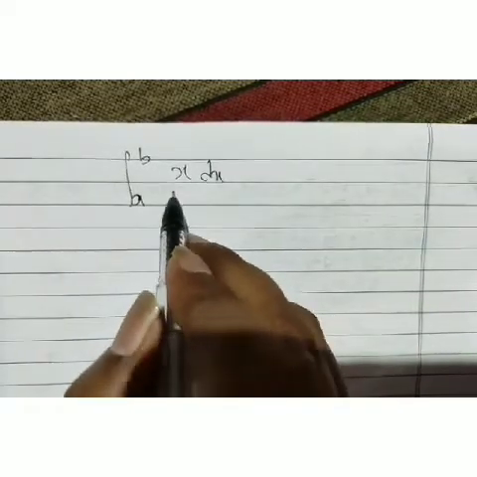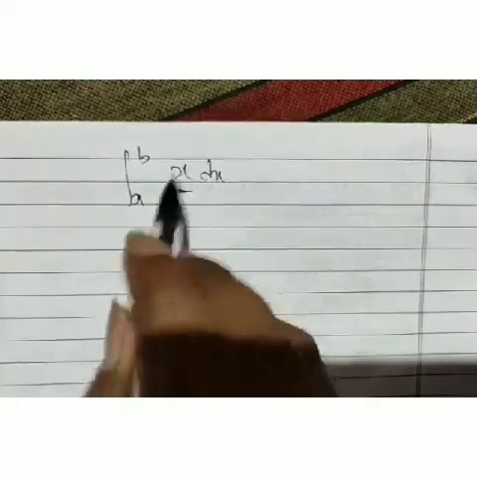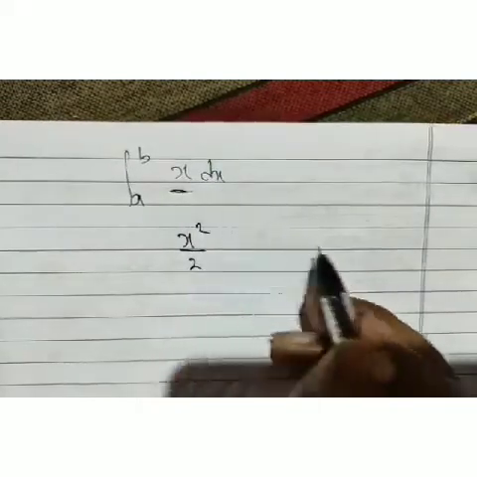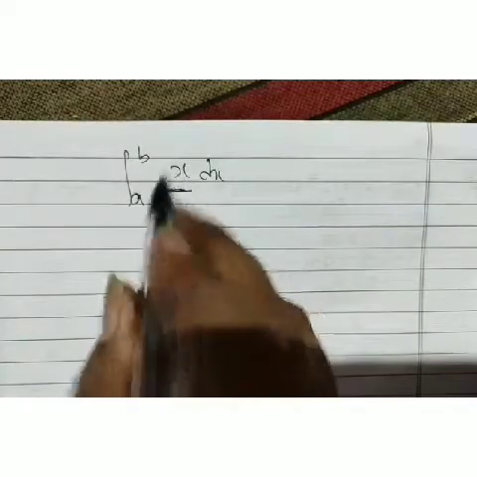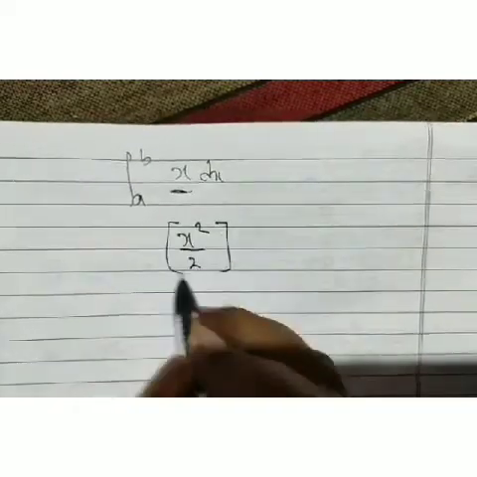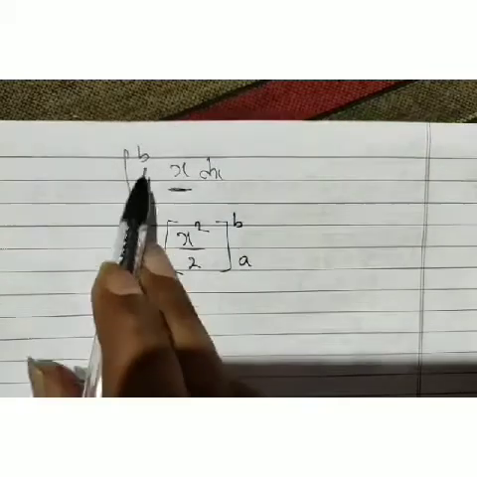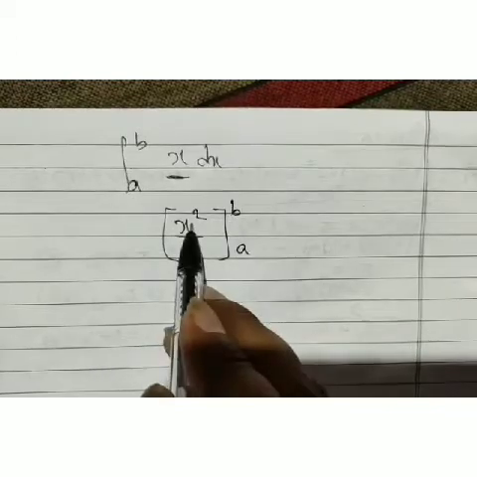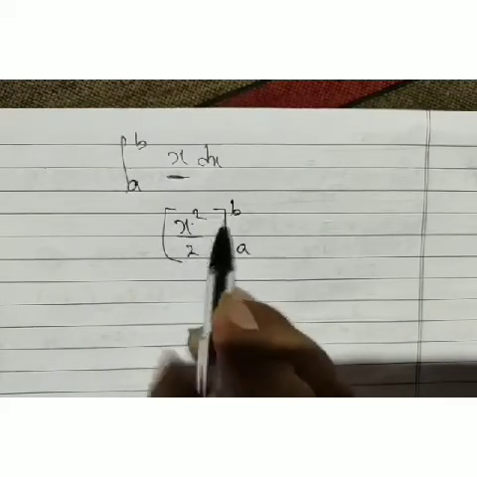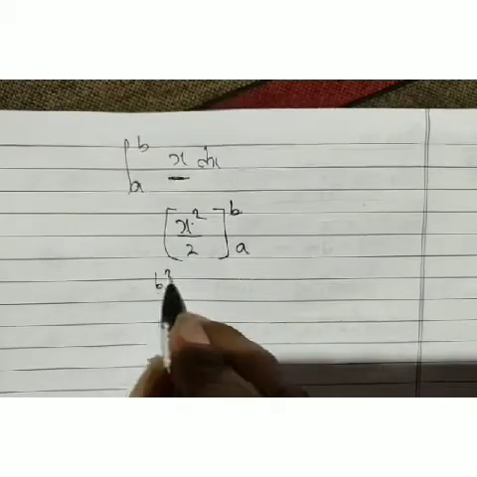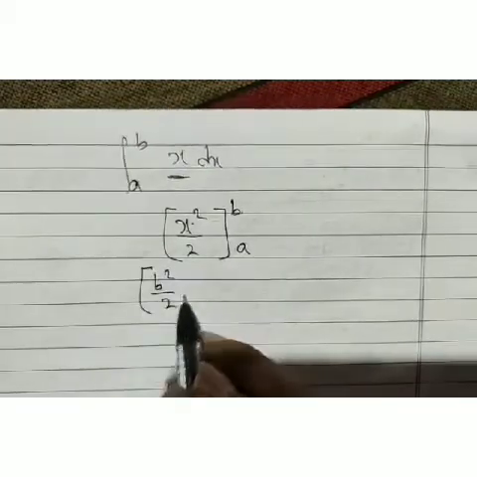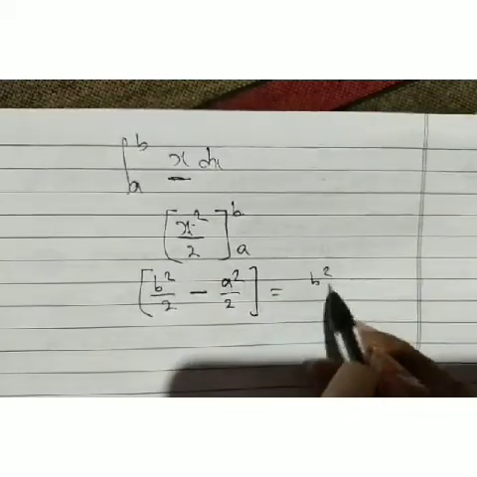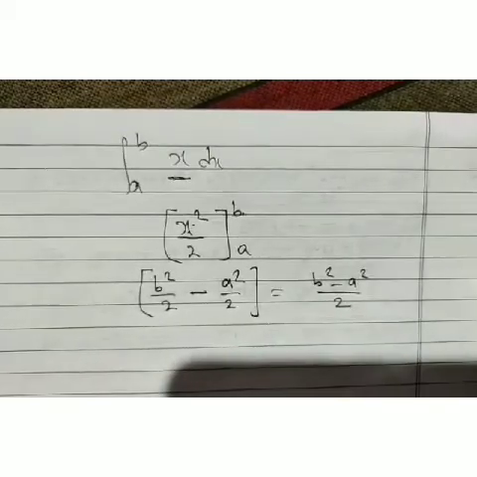Then we can solve it just by taking its integral value. Just take the integral of x, then we get x square by 2. Indefinite, we don't need a constant there. Then its integration is given by x square by 2, and now how can we get the values there? To find this value by the direct method, we have to put the upper limit minus the lower limit. Now we put b at the place of x, then b square by 2. Then we subtract the lower limit, it's a square by 2. Then we get b square minus a square by 2.